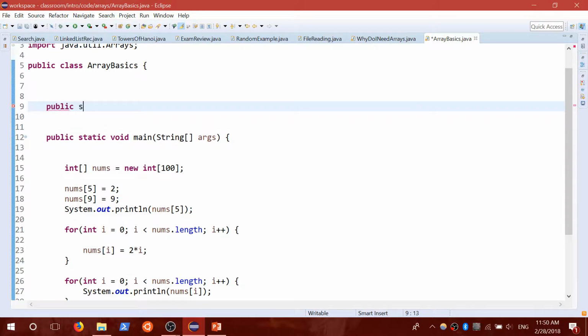So first off, public static void change values. Now, surprisingly, this is going to be a void method because of the way messing around with integers works, or arrays work. Change to twice. Sorry, let's just call it maybe twice the index. Okay, so to pass in